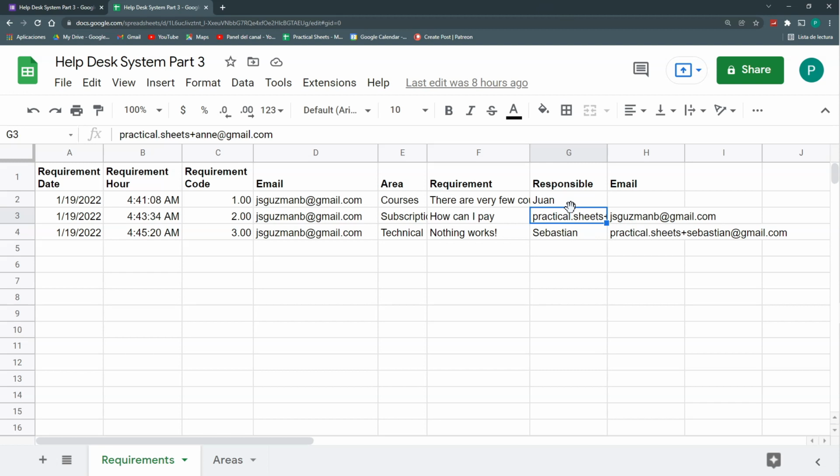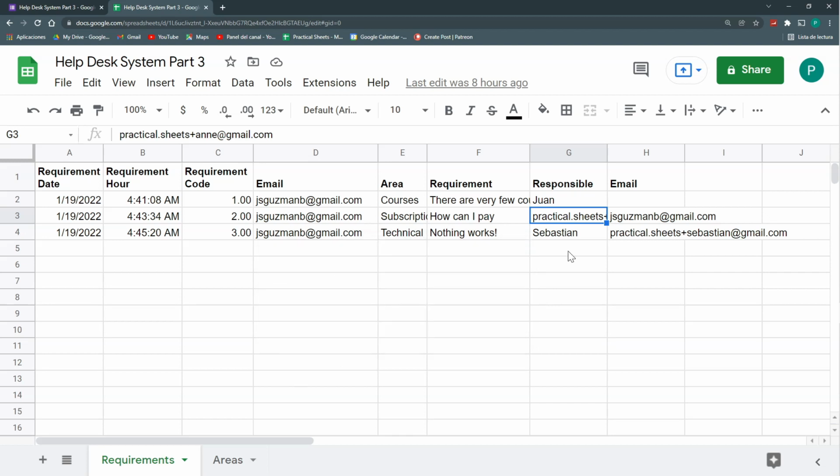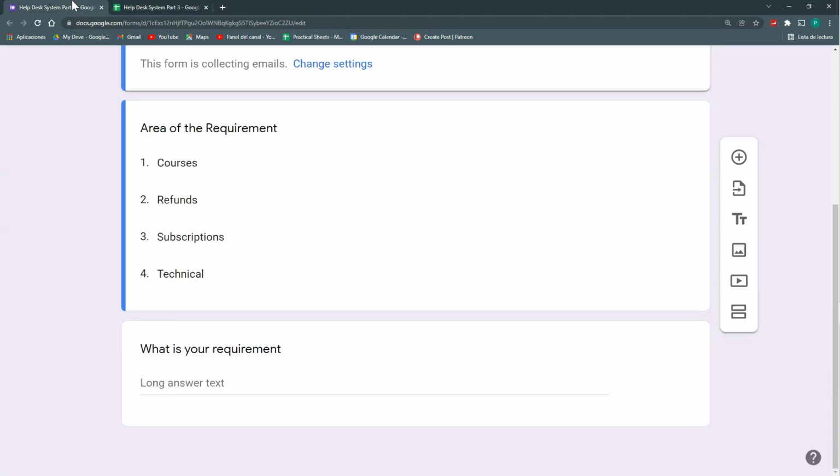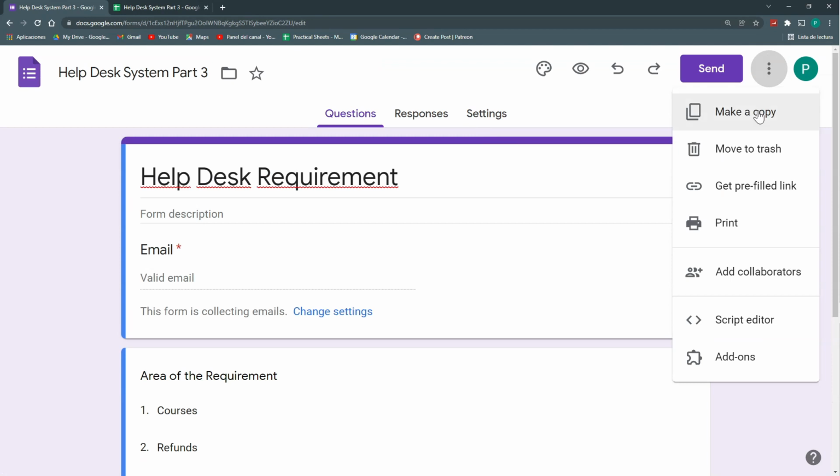Okay, so what we're going to do today is continue this flow and send an email to this responsible and maybe another email to the customer, so that they know that the times for the requirement start right now, and then we can continue tracking the last part, that would be the response. How long does it take and how do we measure that? So we already have the email, so sending the email won't be a problem. Let's go to our Google Apps Script that is attached to our Google Forms,